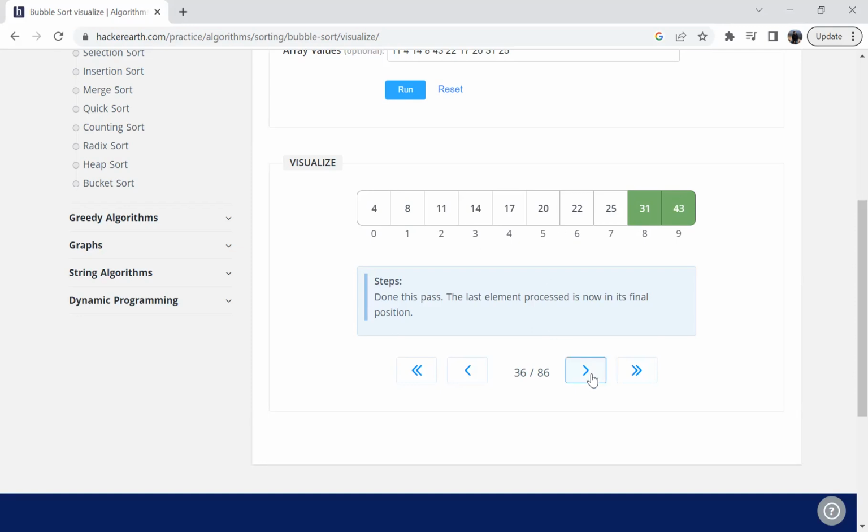Now, if I repeat this again from the beginning, this time a little bit more quickly, you will see that 25, which is the third highest value, will be fixed to its position. No swap is necessary this time, and so on and so forth. So, in other words, that tells me how many times I need to go from the beginning to the end and check for adjacent pairs that need to be swapped. Okay, now let's go